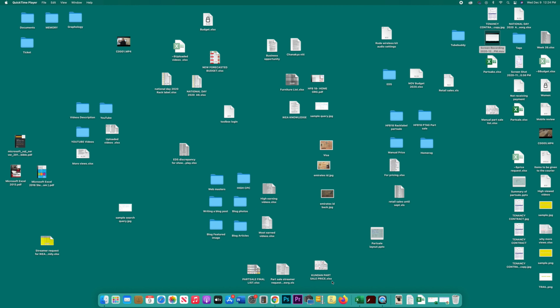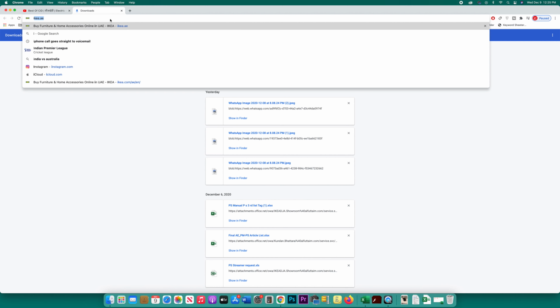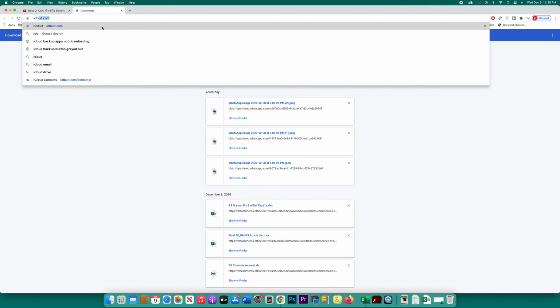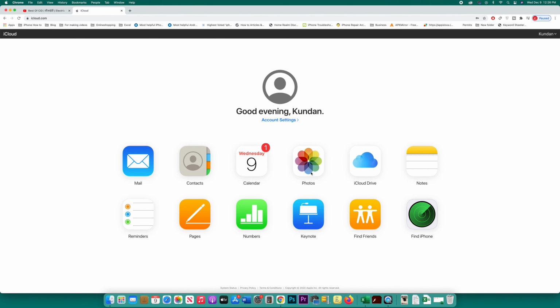Once I have saved all the contacts that are present in my iPhone to the iCloud, then what I will do, I will open a web browser, then I will open a website called iCloud.com. Now I will log into this iCloud by using my Apple ID. I will enter the password for my Apple ID. Next. So once I have logged into the iCloud, what I will do is I will click on this contacts here,